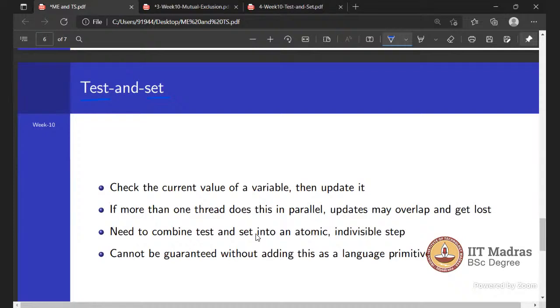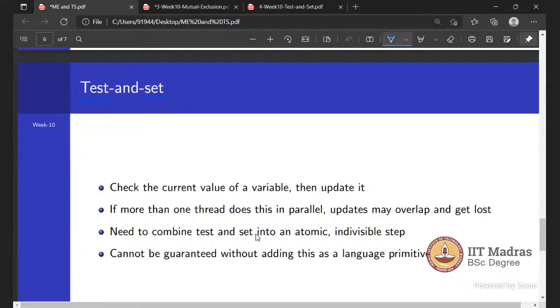Say for instance, two threads. In the case of Peterson's algorithm, we've seen that while loop. It is not really a test and set, but what it does is check the value of a Boolean variable, even though it's not setting anything, and proceed to do something. But as you can see, there is a time instant at which both of them can be checking it in consecutive steps, which can again result in a situation where there is no mutual exclusion. Of course, it doesn't lead to a race condition as such, but it leads to what is known as a